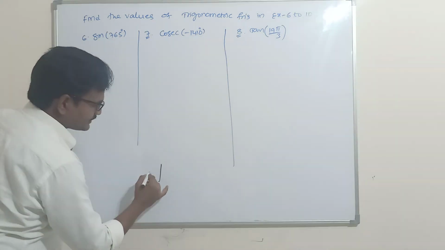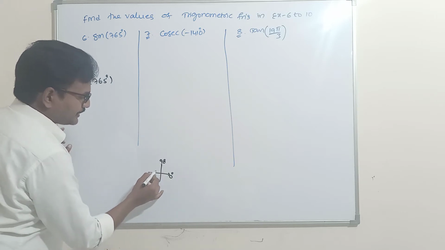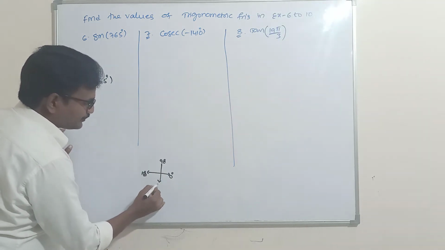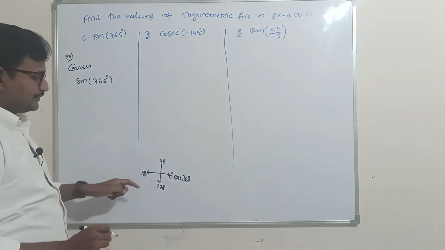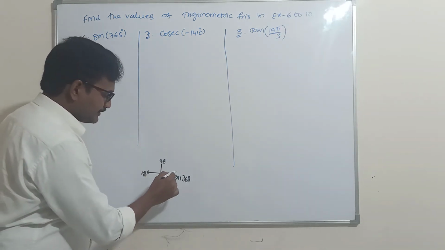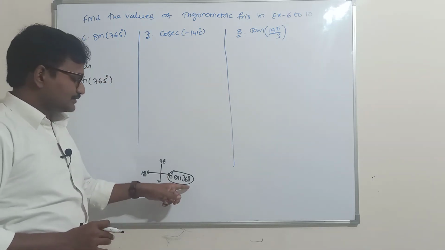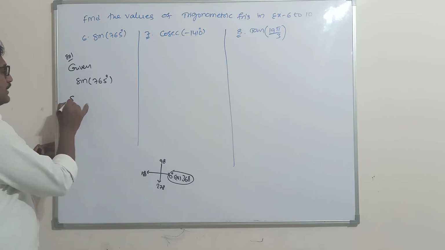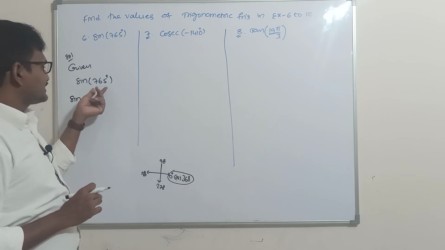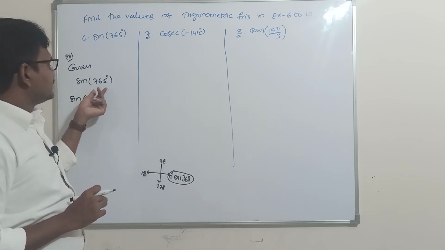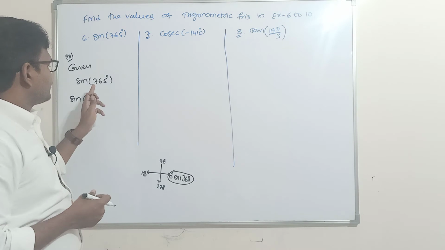So how to find sin 765 degrees? You know here we have 0 degrees, here 90, here 180, here 270, and here we will get 360. For making one complete revolution, we will take 360 degrees. That means 360 degrees is also equal to 0 degrees. So that's why I am writing 765 as the maximum number of multiples of 360 degrees near to 765 degrees.